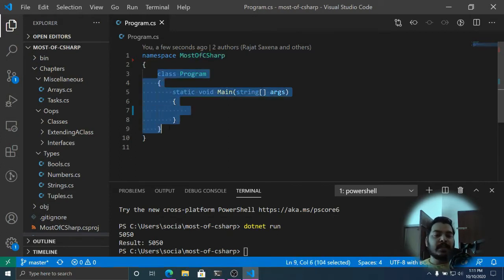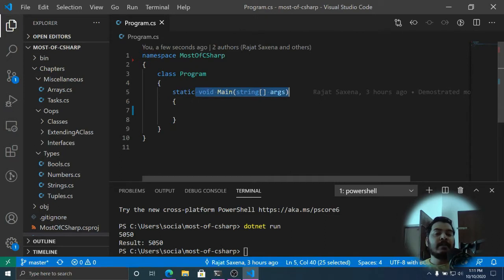Then comes this class part. Now, in every C# program or in every .NET program, you need to have this program which contains a main method. So this main method is the entry to your application, and this one is the main method. Now, static is there because when the .NET framework calls your program, it is not going to instantiate a new class.